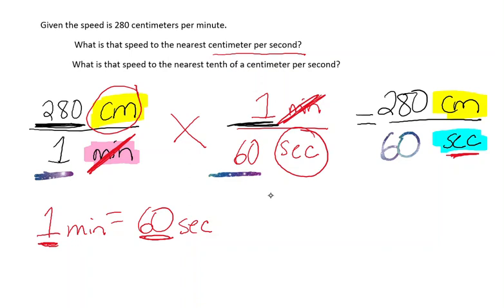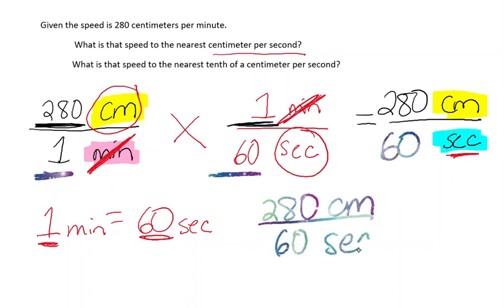So my current answer right now is 280 centimeters in 60 seconds, which should make sense because 1 minute is equal to 60 seconds. So all we've done is rewrite this as 280 centimeters in 60 seconds, but that doesn't give me an answer in